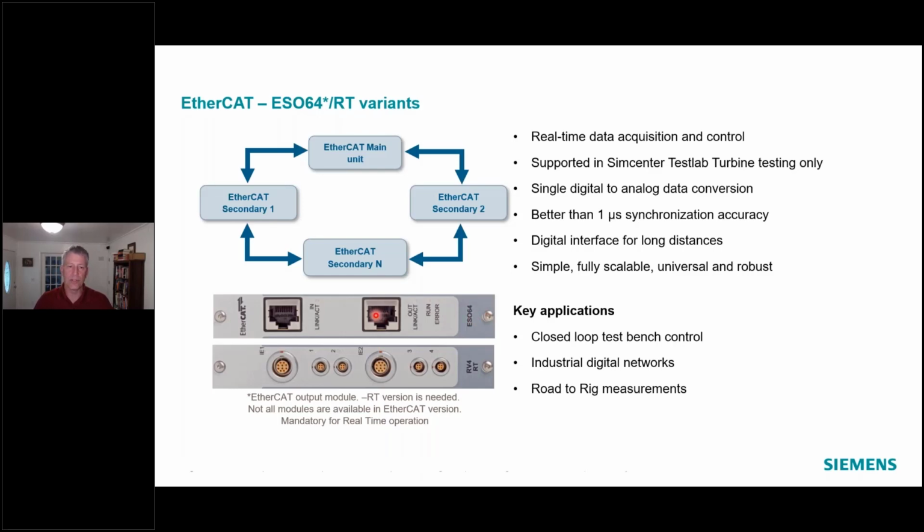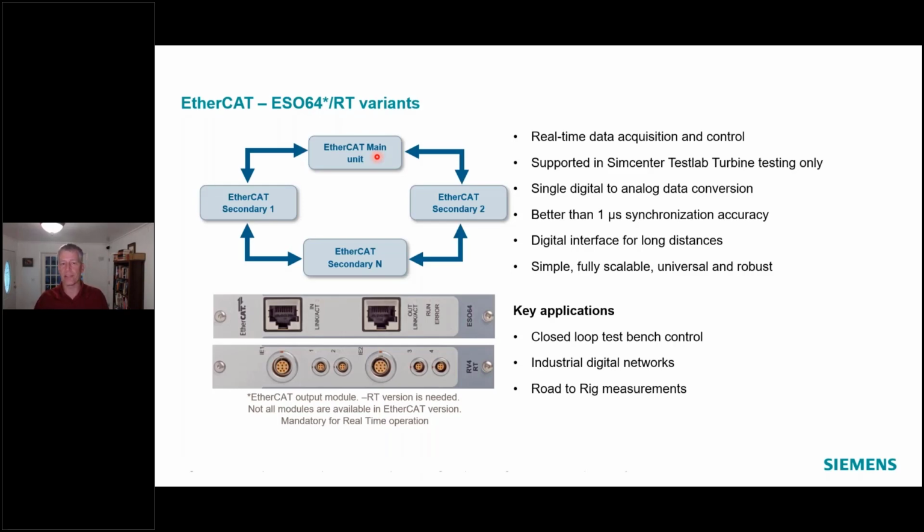What this allows us to do is plug this card into any existing Lab or Mobile frame you may have, and then program it with up to 64 channels of output that is broadcast on the EtherCAT network. Now this requires an EtherCAT main or master unit, typically a PLC, say in a test cell scenario or in a manufacturing scenario.